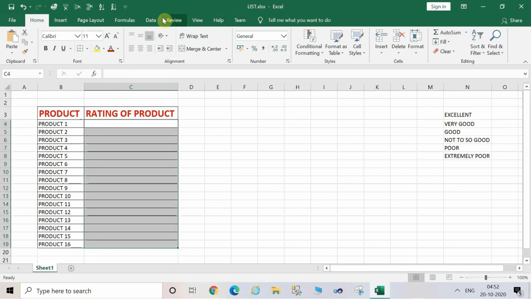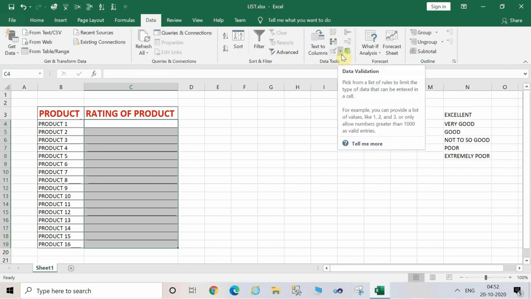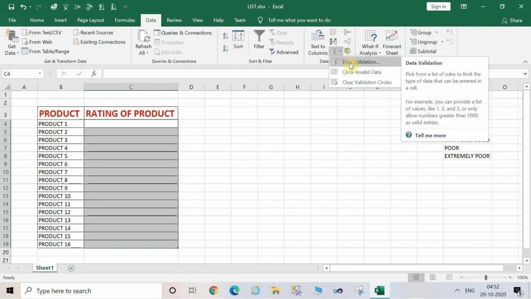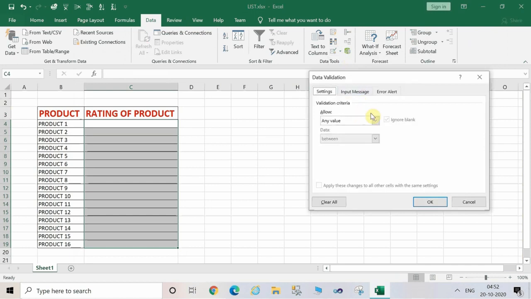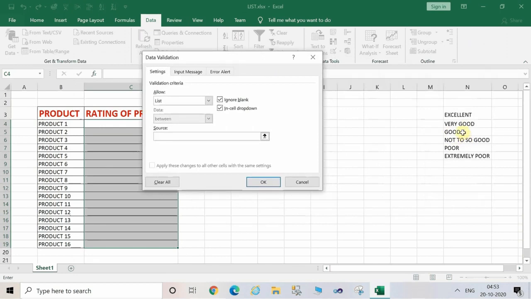Click on the Data tab. And then click on Data Tools. There's a little triangle. Click on this one and click on Data Validation. Now here certain options are there. You have to click on the validation criteria, which is now we will click here the list. This is the source. We want the source out here. Now select the range to make a list, and the source has been filled up. Now click on OK.